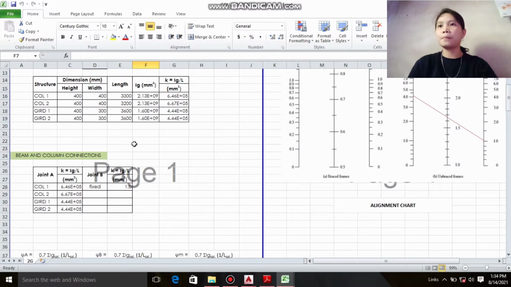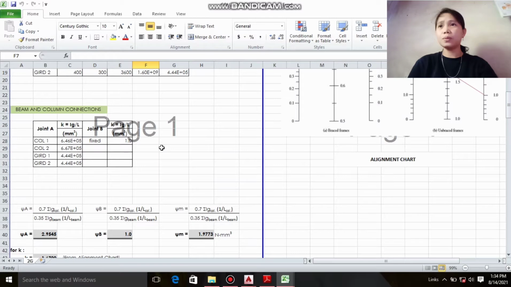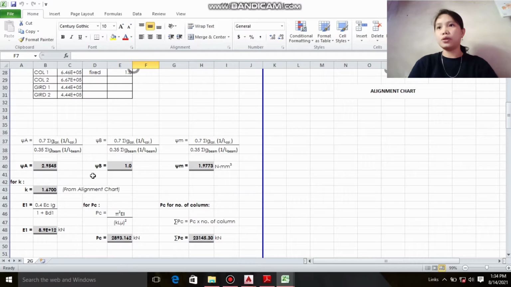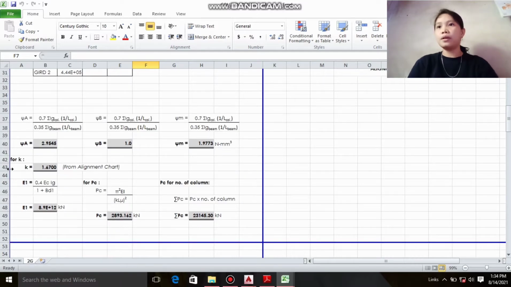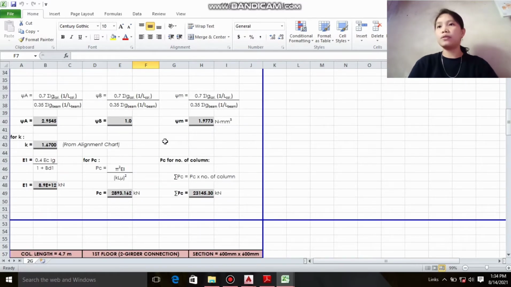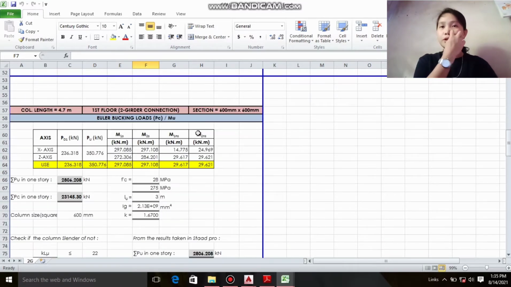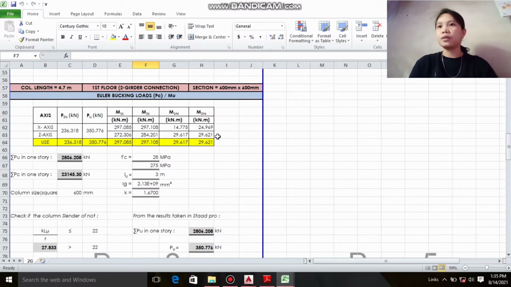So the dimension column 1, column 2, in the girder, the beam and column connections, the joint 1, and the value of K from alignment chart is 1.67. Summation of PC is 23,145.3 kilonewton. So for the first floor 2 girder connection,